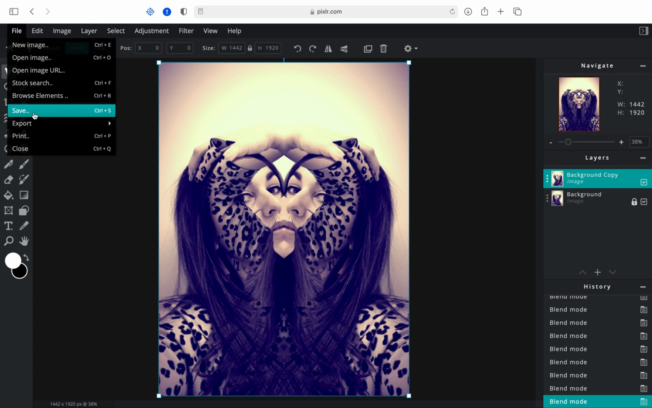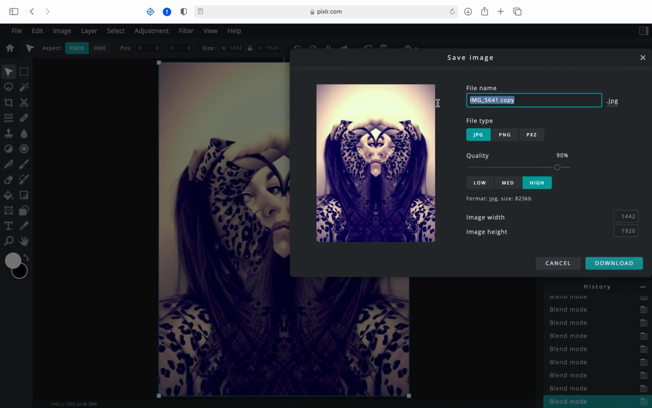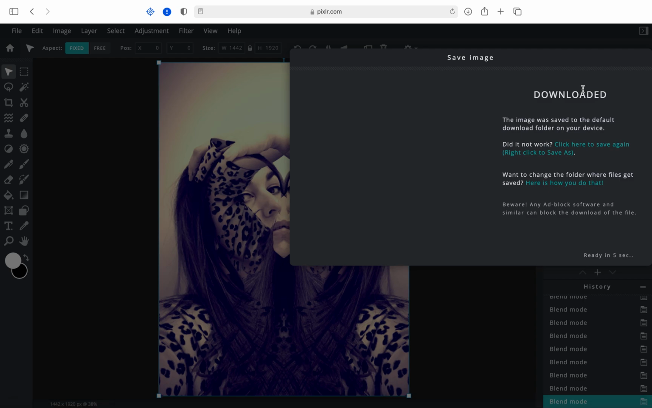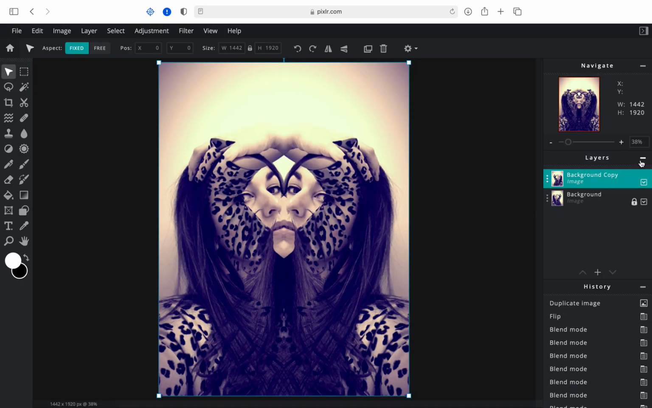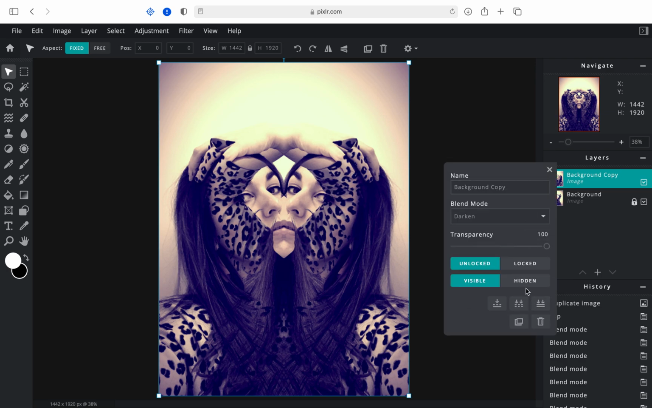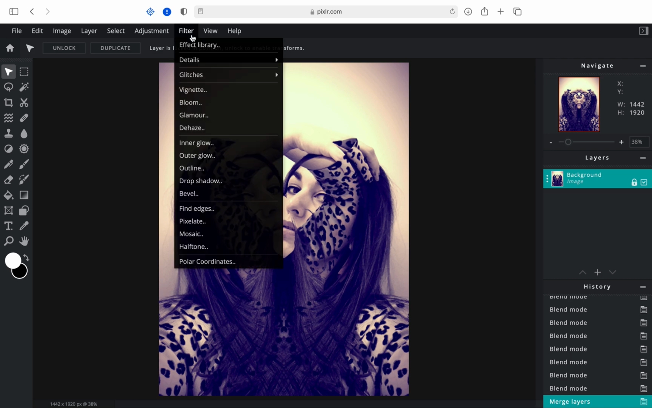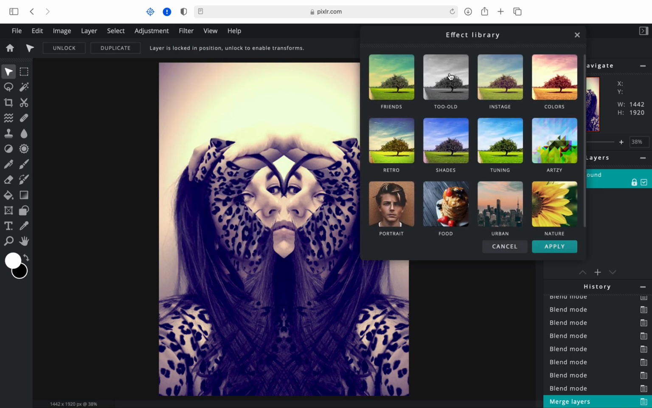So I go to File, Save, change the name, we call it Sebastien Jardini 1, JPEG, and download. Okay, and then from there, you can obviously edit the entire image and change the coloration on it. So all I would have to do is flatten the image, and in order to do that, I go to the top layer, click on the three little dots and flatten image, and that way I can then go into the effects library and